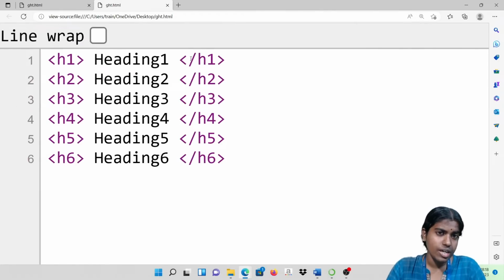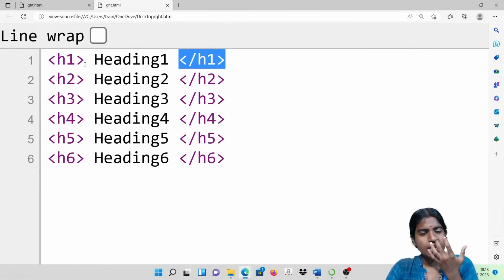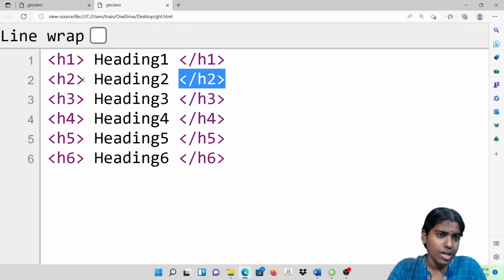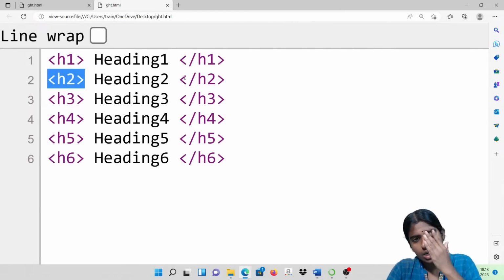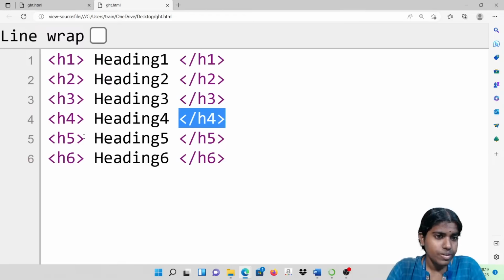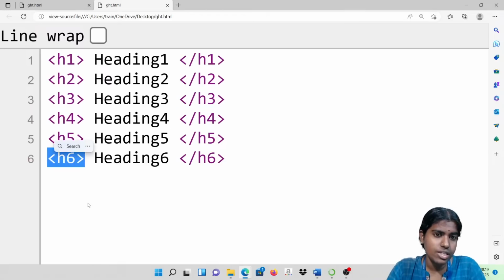So you can just see here, I am having this head1. It is having an H1 tag and a closing H1 tag. So it is having this H2 and closing H2 tag. Whenever I use a tag, I should have the opening tag and the closing tag. Clear with this? And the H3 tag. So I am having this H3 and closing tag. So H4 tags, and H5, and then H6.